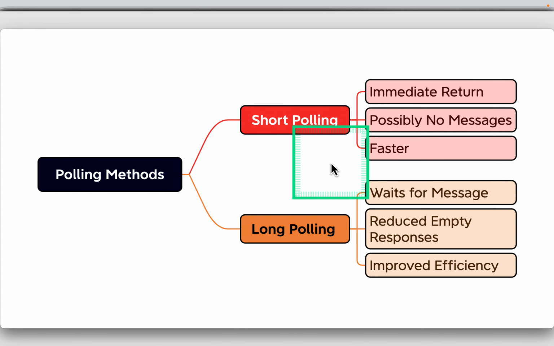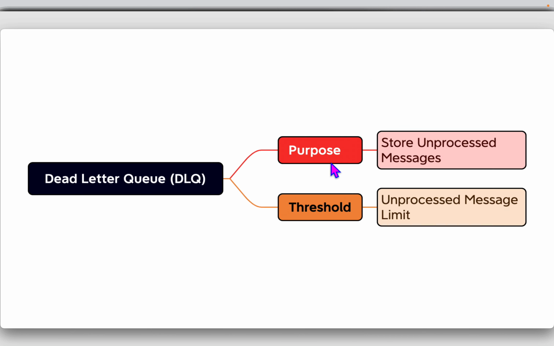Next, polling methods. Short polling returns immediately, possibly with no messages. Faster but may return empty responses. Next, long polling waits for a message to arrive, reducing empty responses and improving efficiency. Dead letter queue: used for storing messages that could not be processed after several attempts. Threshold: the number of times a message can be received but not processed before being moved to the dead letter queue,